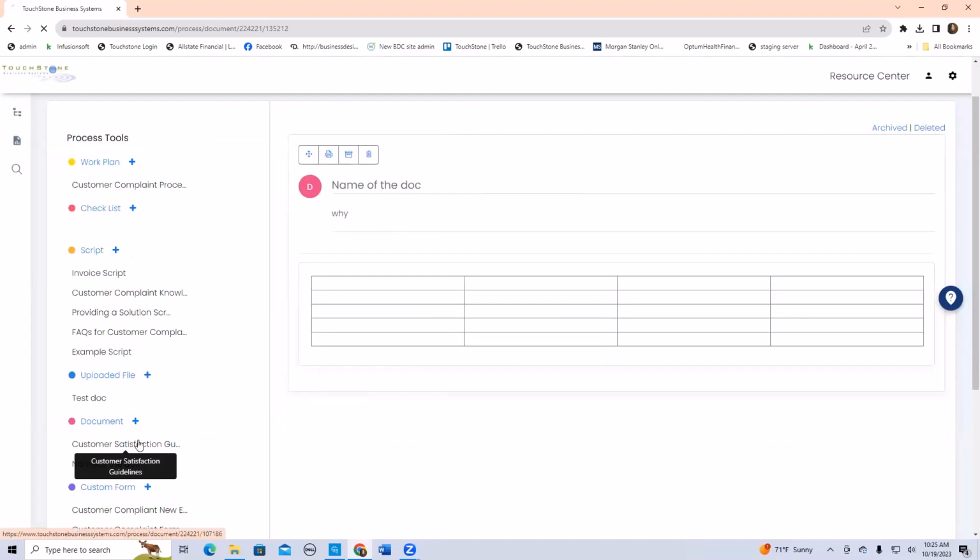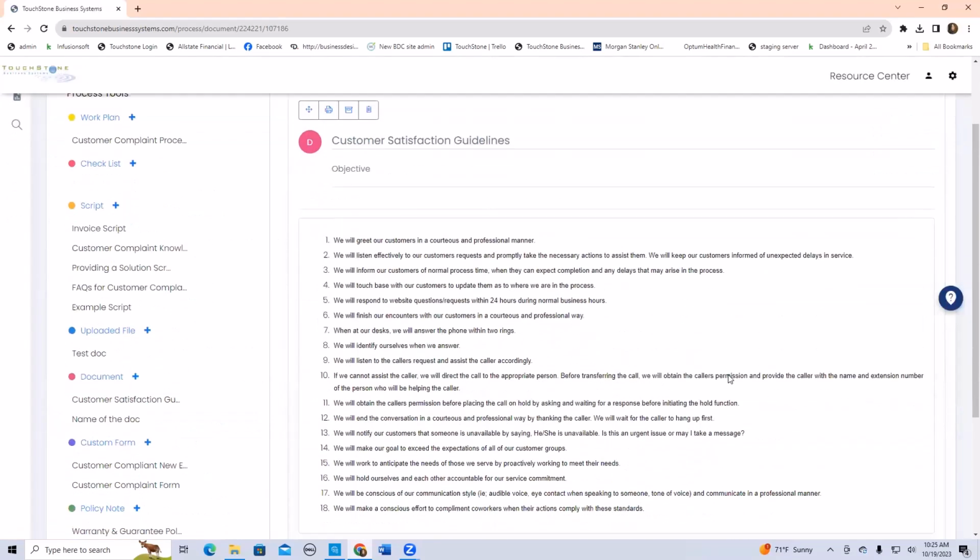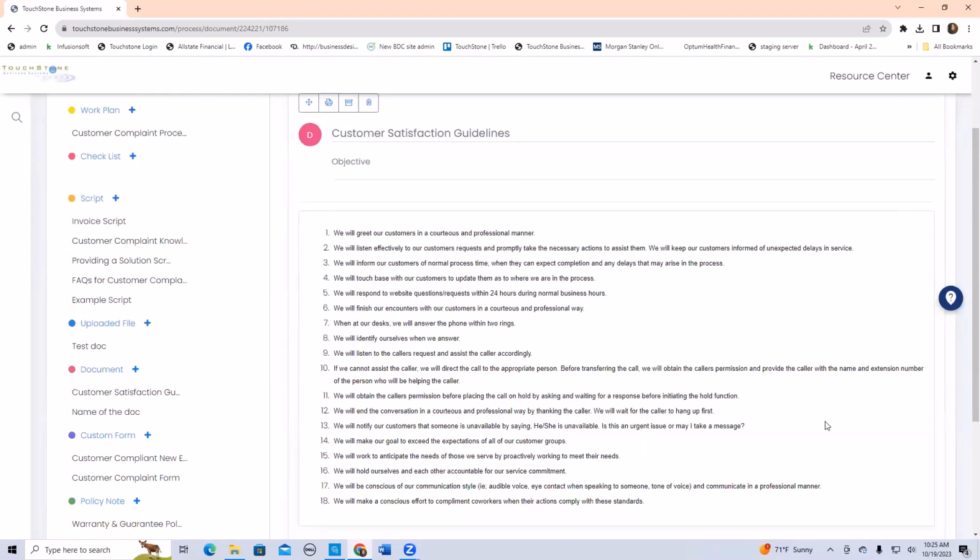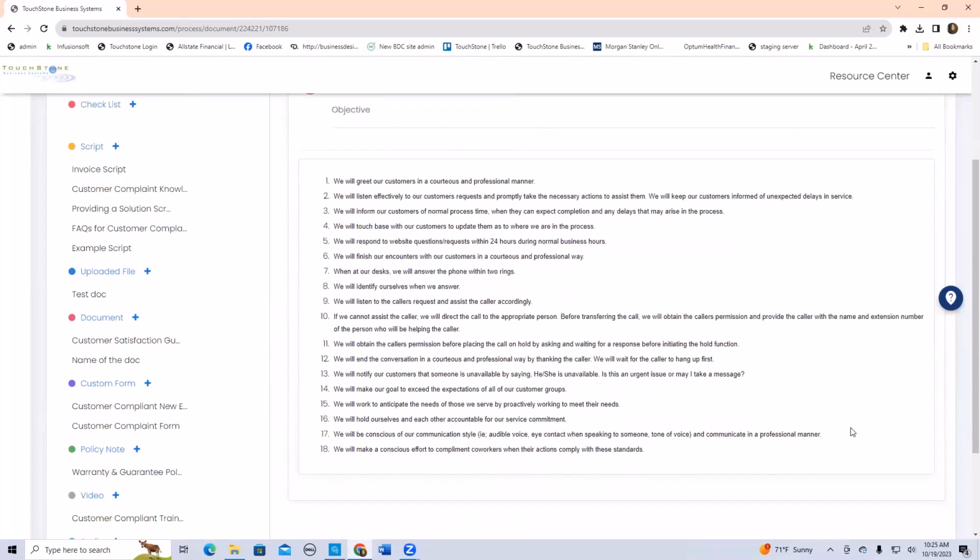This is another use of the document tool. So this is like a list. It's a bullet pointed set of objectives. This is customer satisfaction guidelines, and these are all of the different guidelines for customer satisfaction. So this type of information